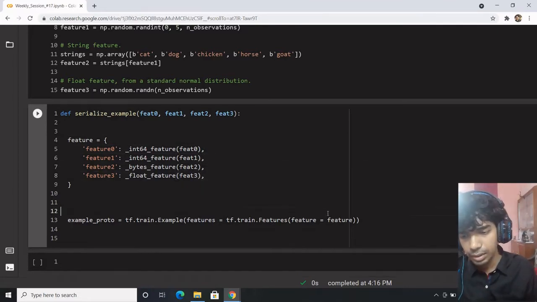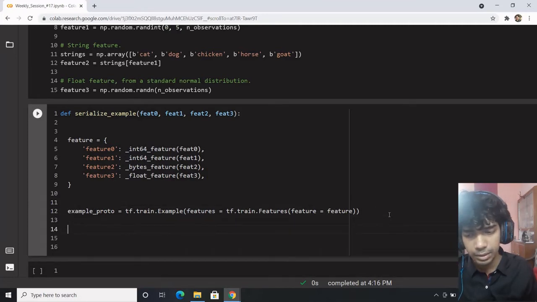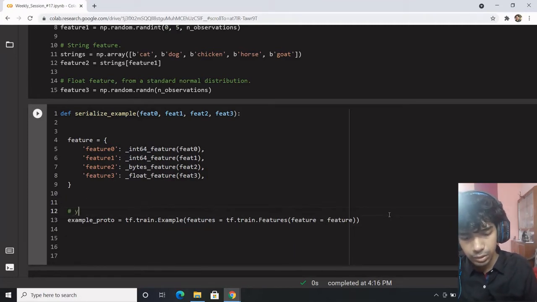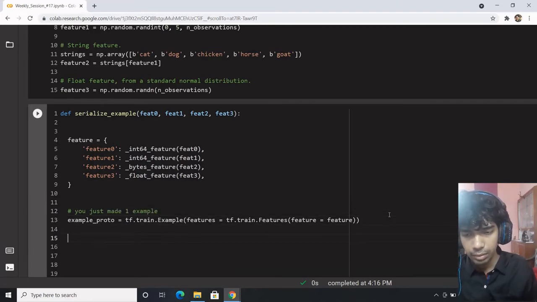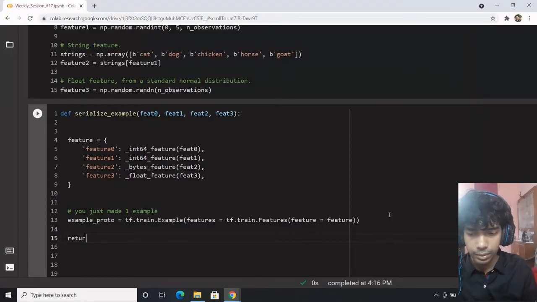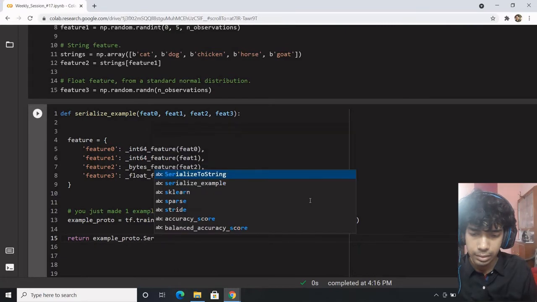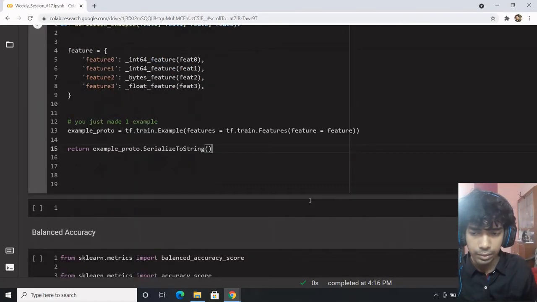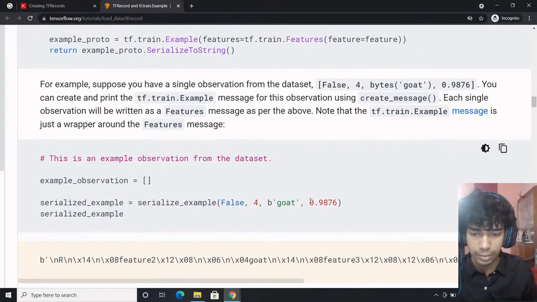So you have example proto, your example is defined. You just made one example, and now what you want to do is return the example proto in a serialized manner. I think that's good enough. Now let's try to understand.